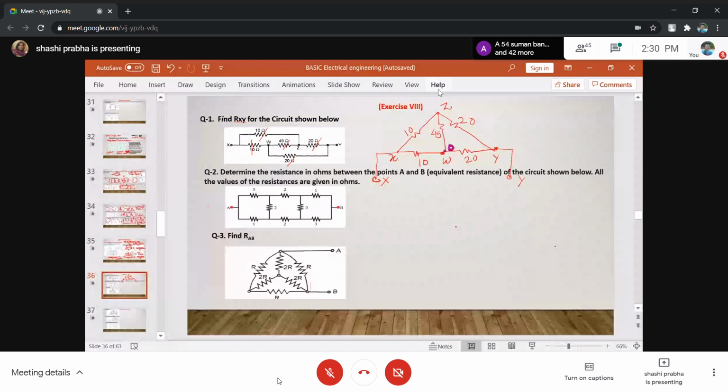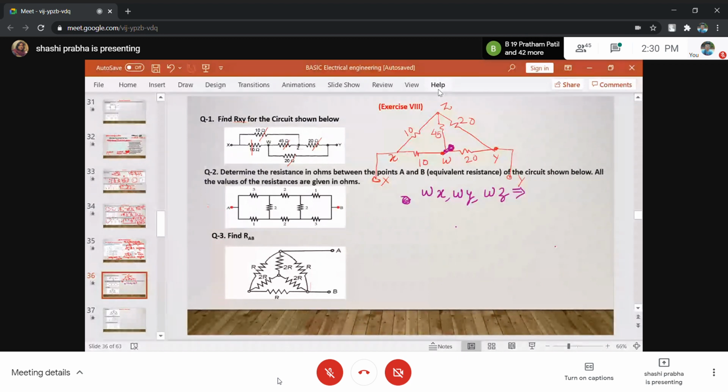This is O. Let's say W is the hour. So we can take it as WX, WY, and WZ. Is it a star? W is a start point, which seems to be a little simple. WX, WY, and WZ. This star I want to convert into a delta. To convert into delta, I told you, leave the point.